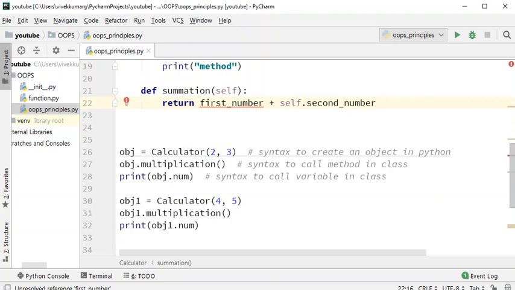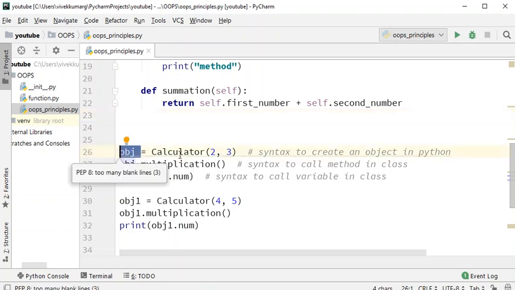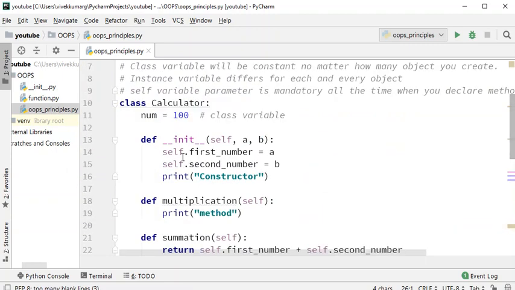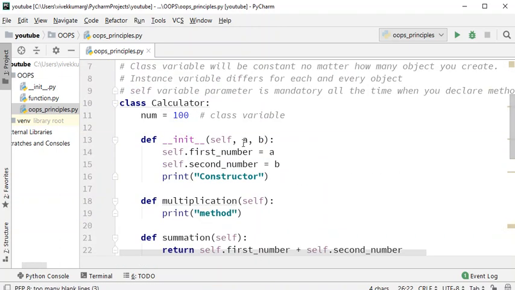We need to always attach it with self, because self is nothing but the object reference of who is calling you. For example, here you say obj, and obj will be passed first to your constructor, and obj will take all these values into its memory.